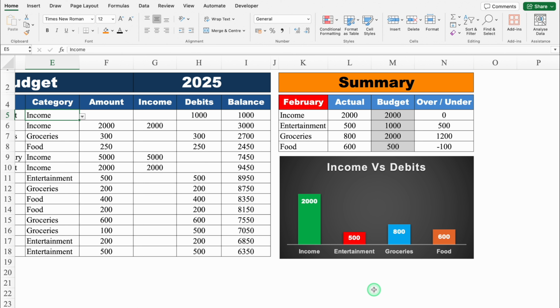Let's come to right hand side. In the right hand side, we have got our summary. In summary, we have got the months. When I click on the months, we have got a drop down over here. Currently, we are in the month of February and we can see the graph income versus debits. If I change the month from here and select January, all the figures of summary as well as the